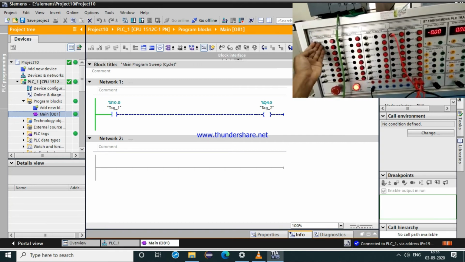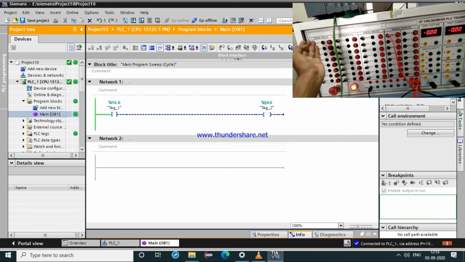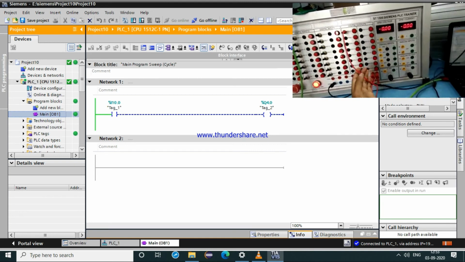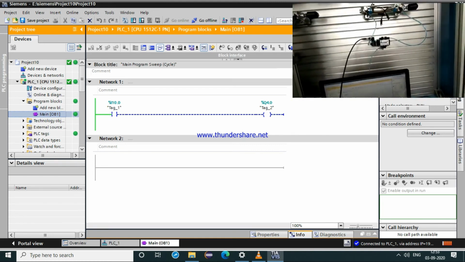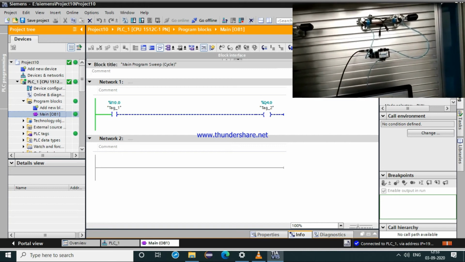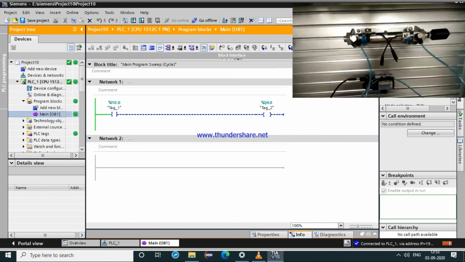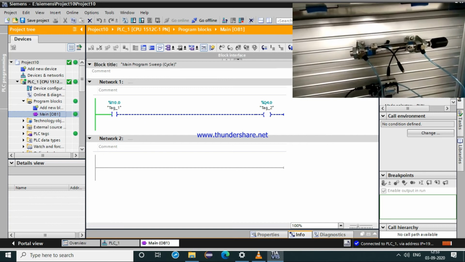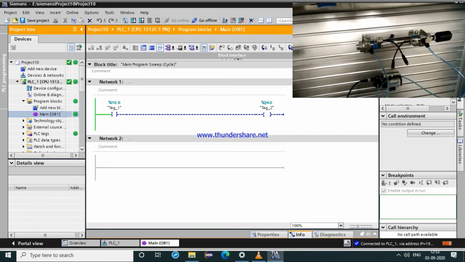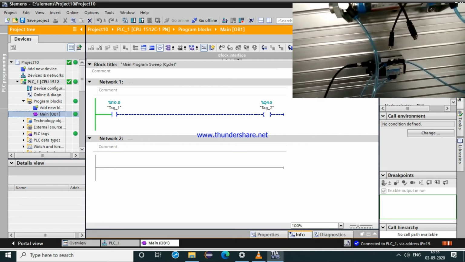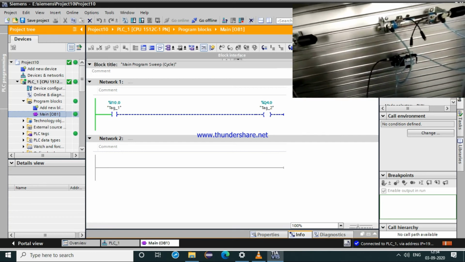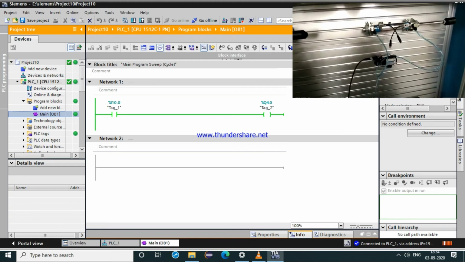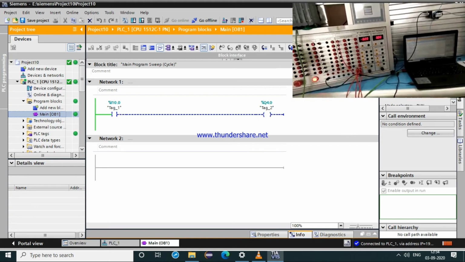So when I press my input 10.0, I will get an output, and through this output I will be operating my solenoid, and through the solenoid my cylinder will operate. If I apply pressure, that is, give air supply, my cylinder will operate using our PLC.